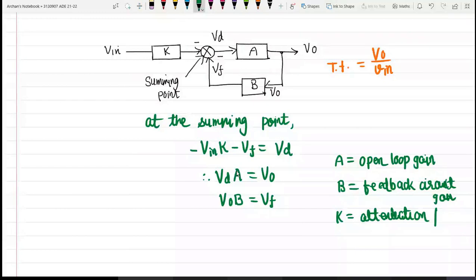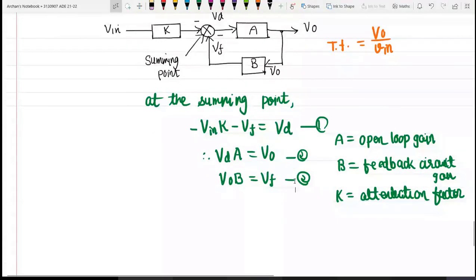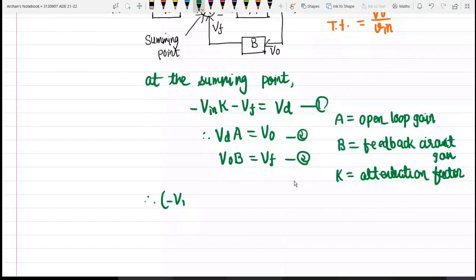Suppose these are my equations 1, 2 and 3. Then equations 2 and 3 can be put in equation 1, and 2, 3 can be put in equation number 2. So what we will get, Vd is equal to minus Vin times K minus Vf, into A is equal to V0. Now V0 is equal to,